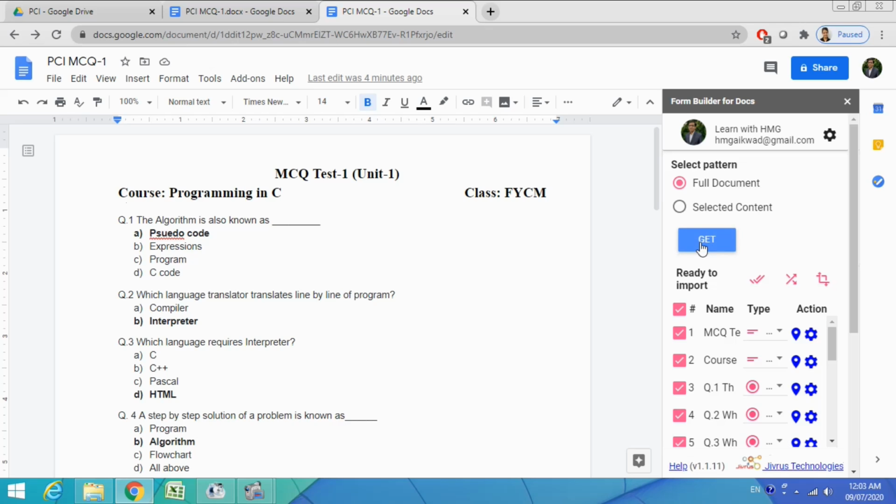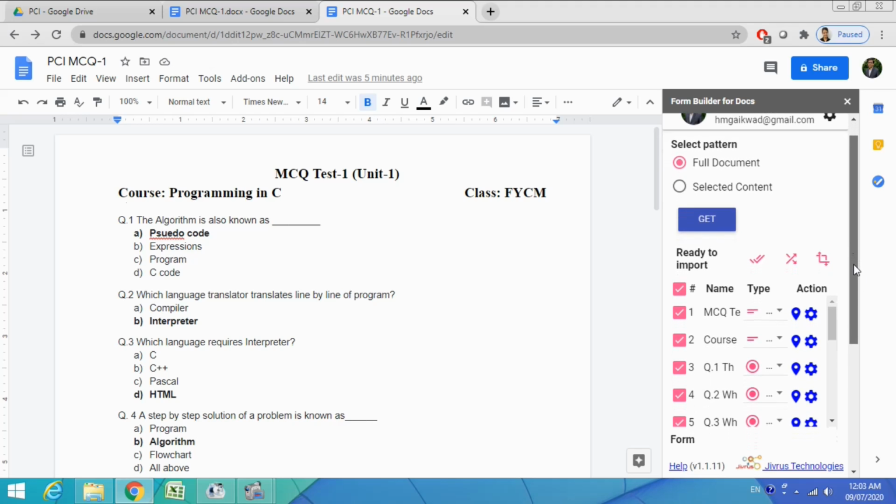Now it will import all the contents of your Microsoft document, that is a Google document, into the form of questions, that is, into the Power Builder app. Now see here, I will scroll down.